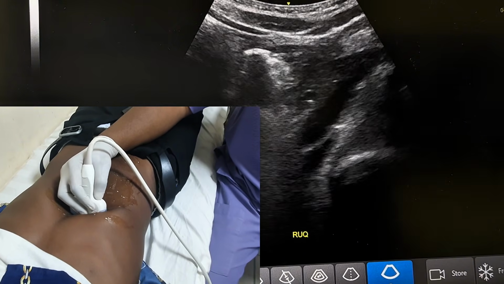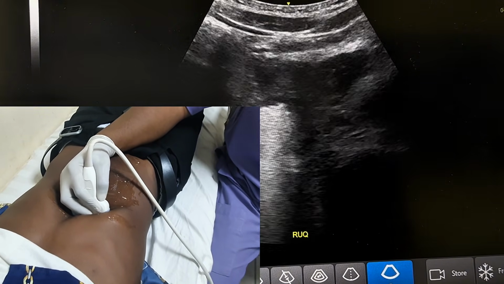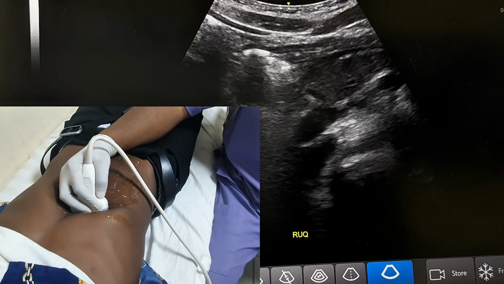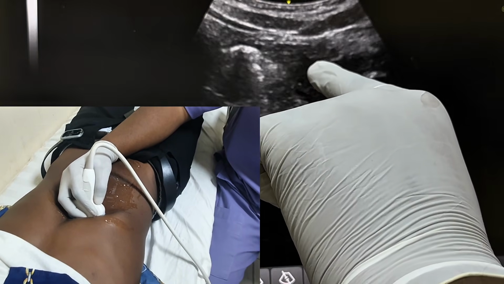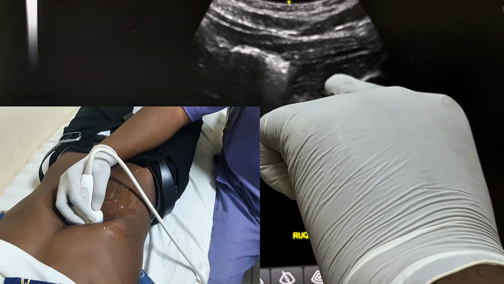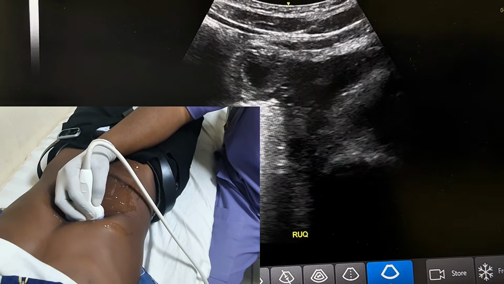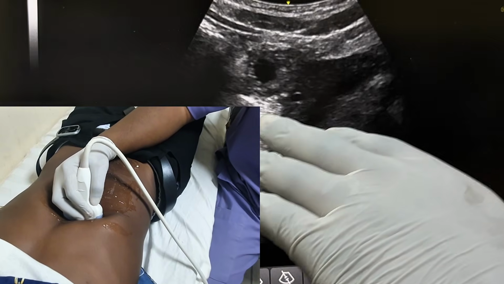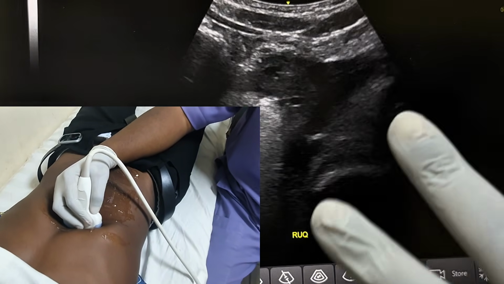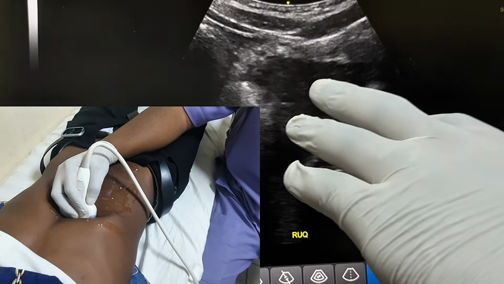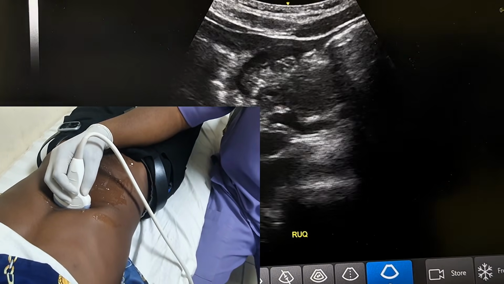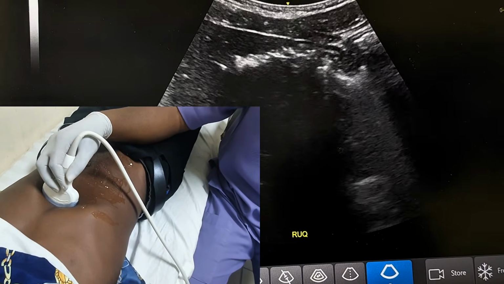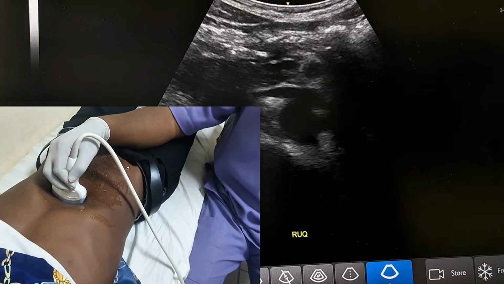So now, to really get that C loop shape of the duodenum on ultrasound is sometimes a little bit difficult, but this is the duodenum here, and this is the head of the pancreas, just around this region. From here, the connection to the jejunum is almost impossible to really get very well on ultrasound. But nevertheless, if I move my probe down from the epigastric region,